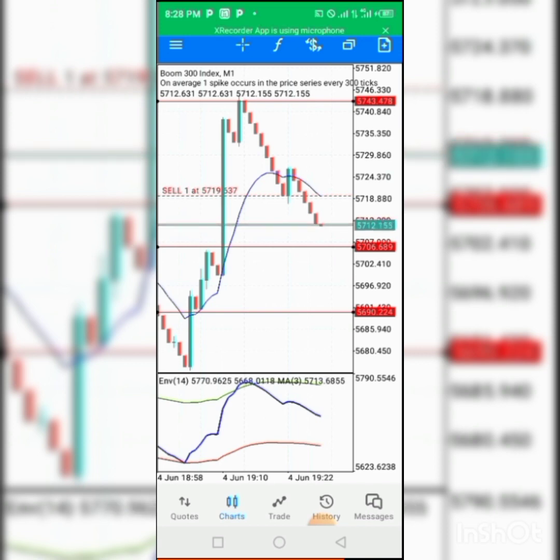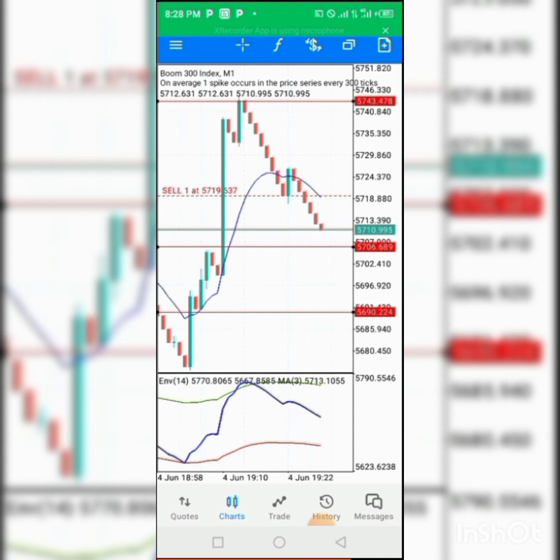We have to be sure that we don't get past our support level, because the moment it passes our support level, we might lose, because a spike will actually happen from that position, and it will be a very strong spike that will wipe our profits. So we have to stay close, manage our trade, manage our risks, and make money,